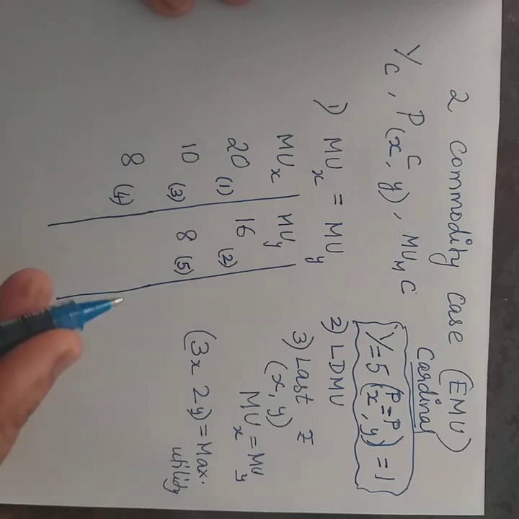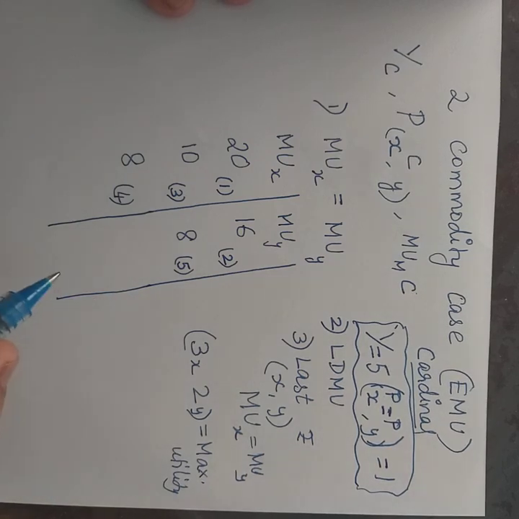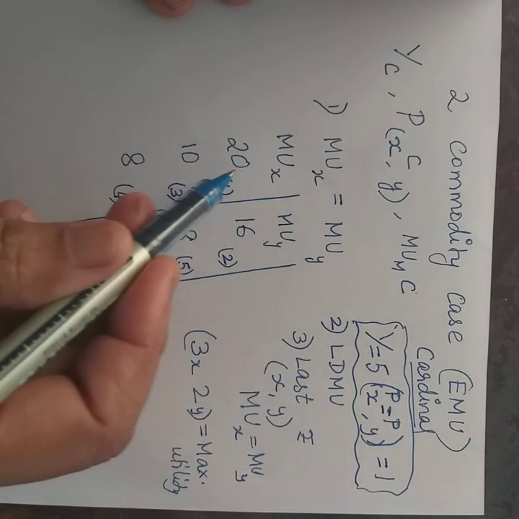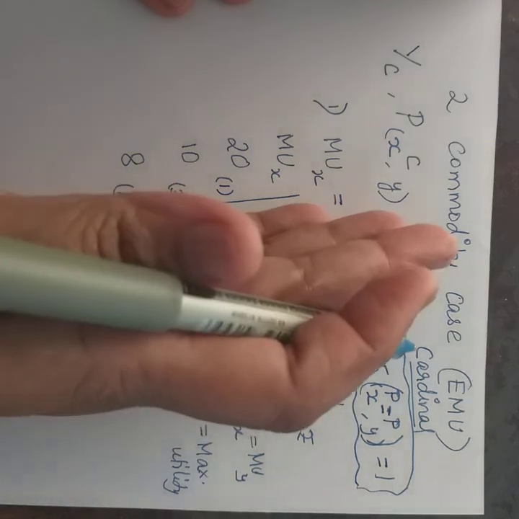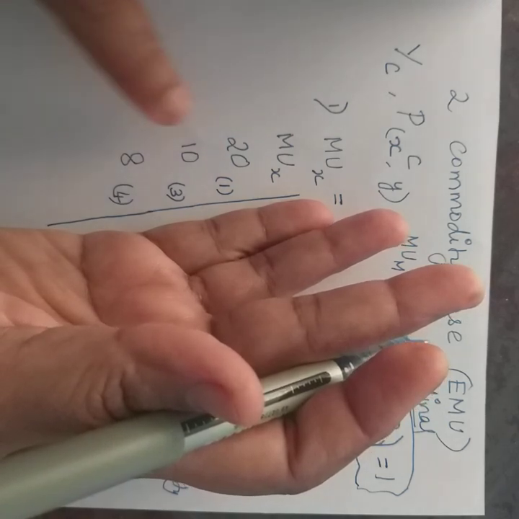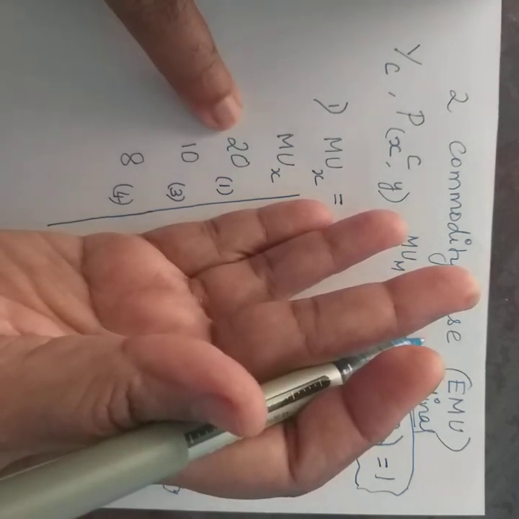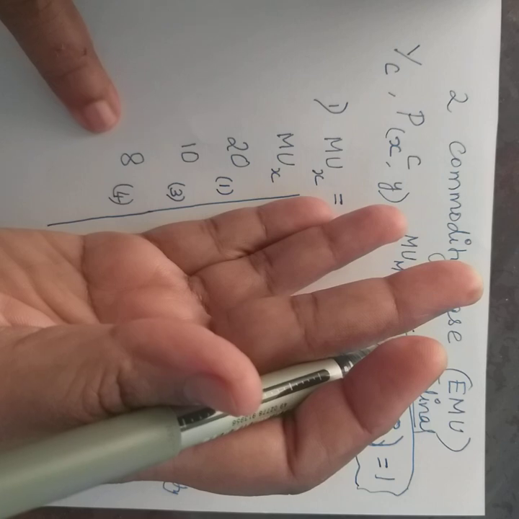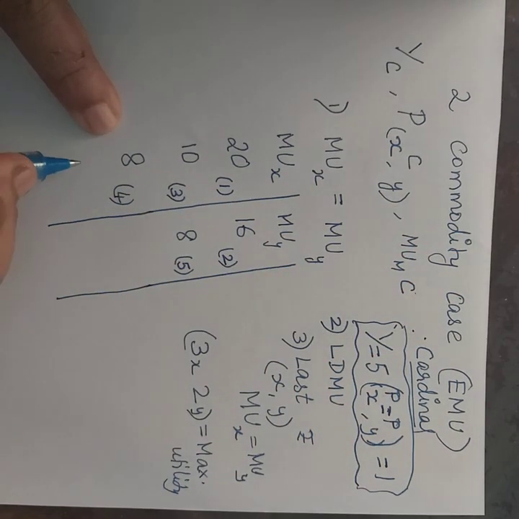Fine. Now let us assume that the entire income is going to be spent on the purchase of X alone, right? Forget that he has Y. He is going to spend his entire income on the purchase of X alone. Then first rupee spent 20 utils, second rupee spent 10 utils, third rupee spent 8 utils. Then say the next rupee that is going to be spent, which is the fourth rupee, basically might give him 7 utils, and the last rupee that is going to be spent over here probably might be giving 5, right?